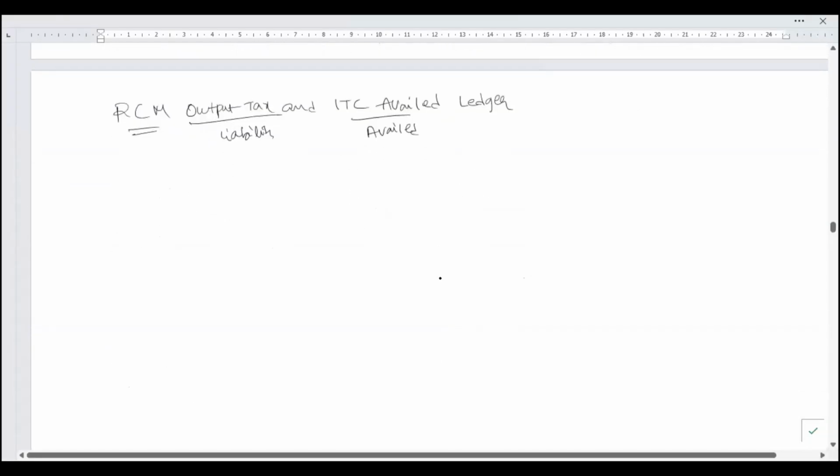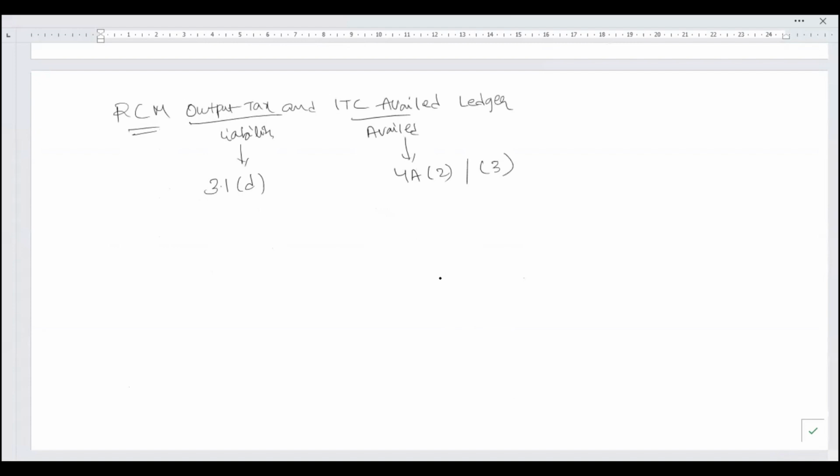Government says, what is the tax you paid under table 3.1D? And what is the ITC you have availed in 4A2 or 4A3? Now, 4A2 is your import of service. 4A3 is domestic RCM, domestic reverse charge mechanism. Now, why is government keen on this? This output tax, which is payable under RCM,